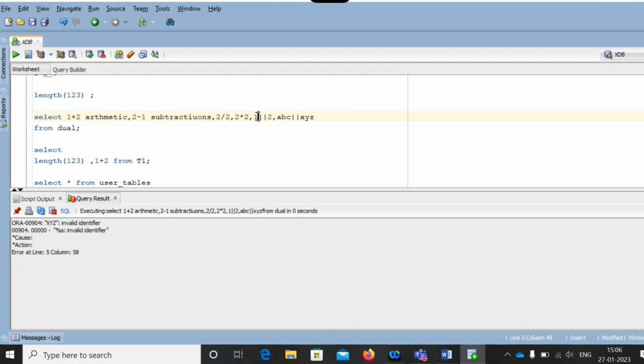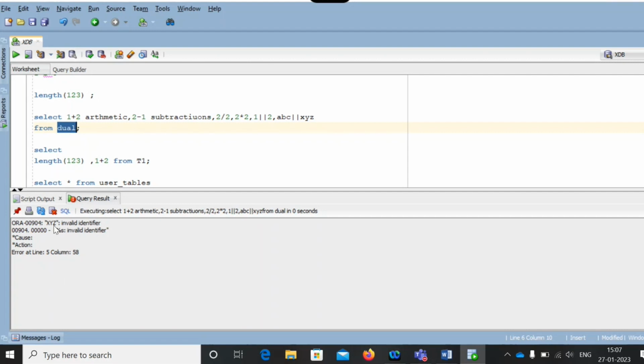If you give alphabetical values like ABC, the system will treat ABC and XYZ as columns. These are the columns of that particular dual table. These columns are not present in the dual table. That's the reason it gives an error.